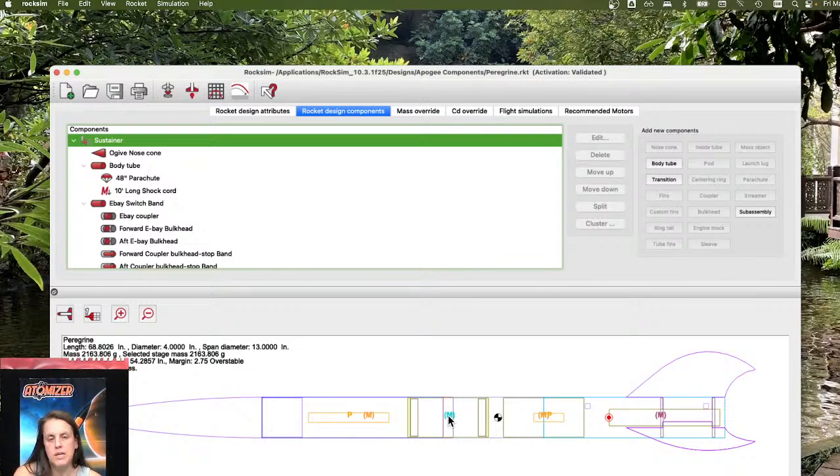But to be conservative, you want to put it as far back as possible, because that's going to pull your center of gravity back, which means your margin is going to get smaller, and then your rocket could be less stable. Depending on your rocket, it would have to move a lot probably to really make it unstable. But yeah, whenever you're doing simulations, the rule of thumb would be go as conservative as possible,